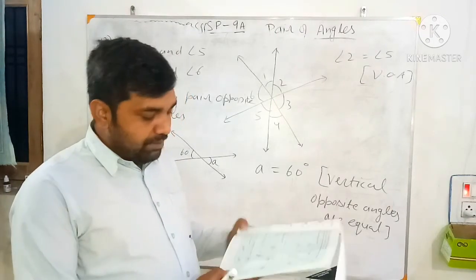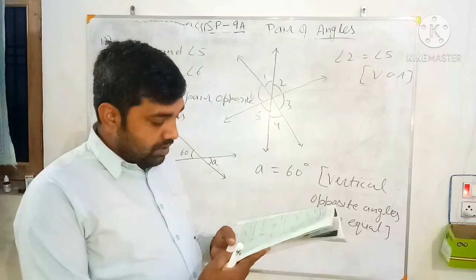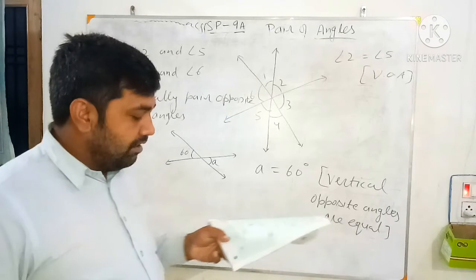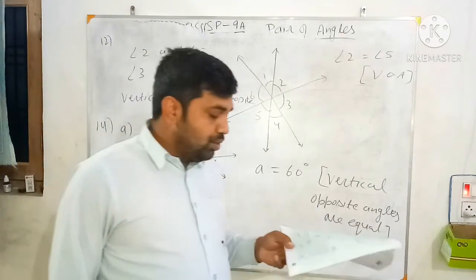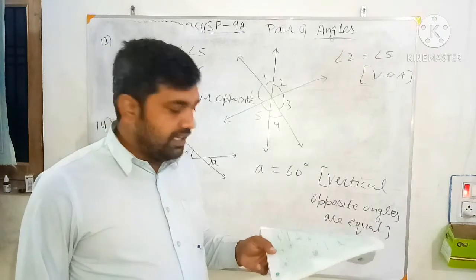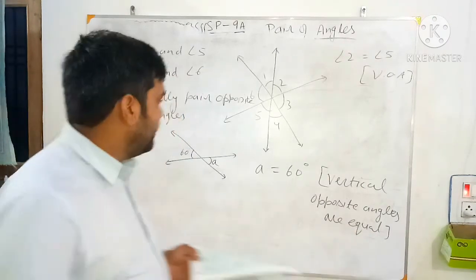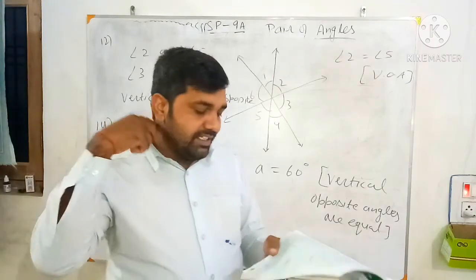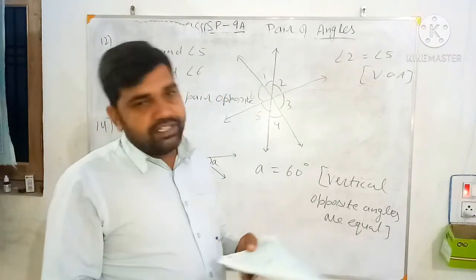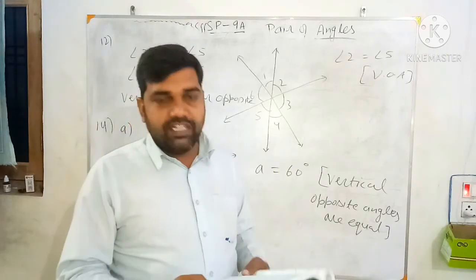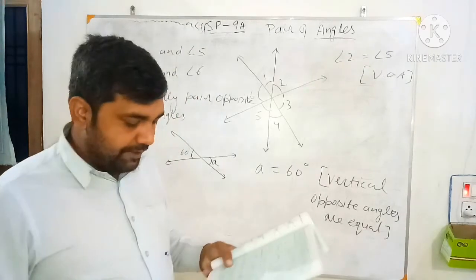Similarly, you can do the question number C. In this, angle x is vertically opposite to angle y, and the angle 2y and y is a linear pair. So when you add angle 2y plus y equals 180 degree, so 3y is equal to 180 degree, and y is equal to 180 by 3, that is 60 degree. So angle y is 60 degree, so x is also 60 degree. Reason: x is vertically opposite to y.